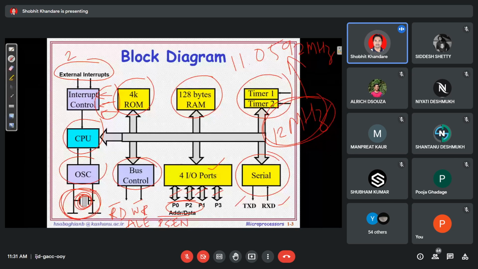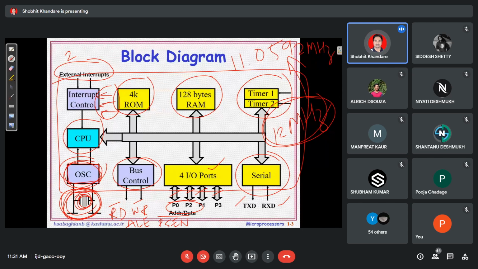So this crystal oscillator will give you the 11.0592 megahertz. This we have to connect externally, and it is given to the oscillator, and this oscillator is part of the IC. In the block diagram of the IC, all these things are inside, and separately we have to connect a quartz crystal. So that is the on-chip oscillator circuit. Remember, the oscillator alone does not work; we have to connect an external resonant circuit. The resonant circuit consists of a quartz crystal of 12 megahertz, and the oscillator and your external resonant circuit will together give you